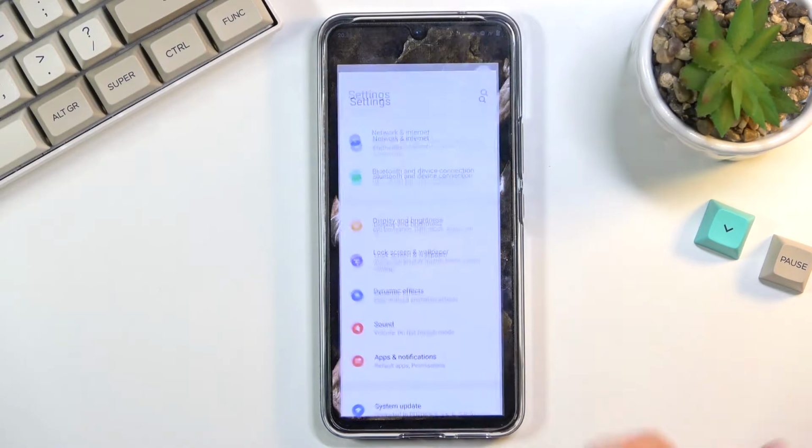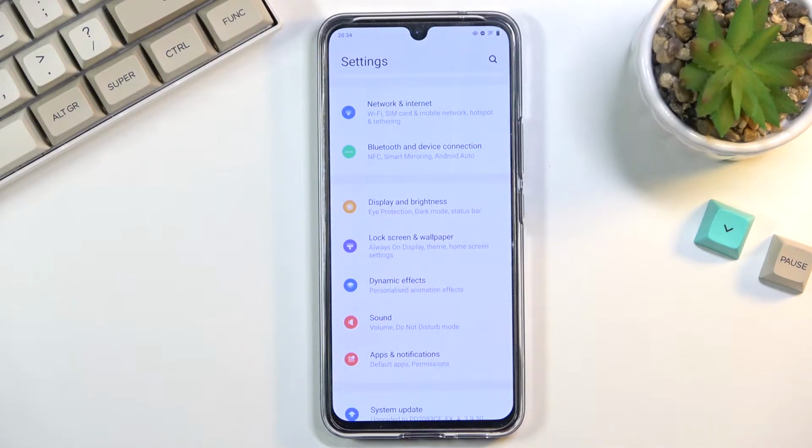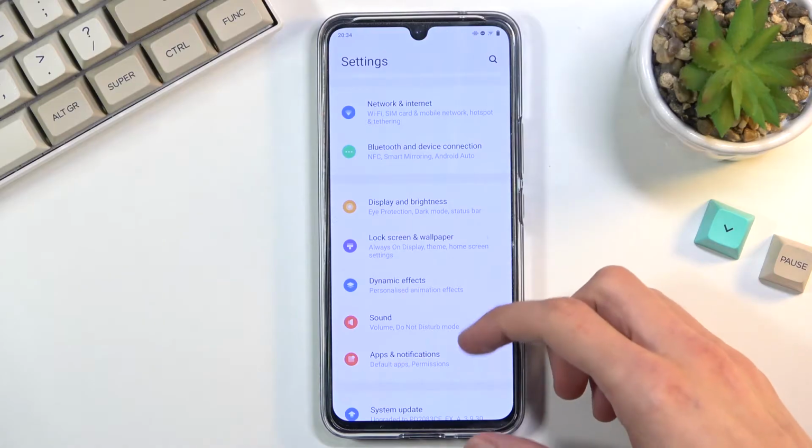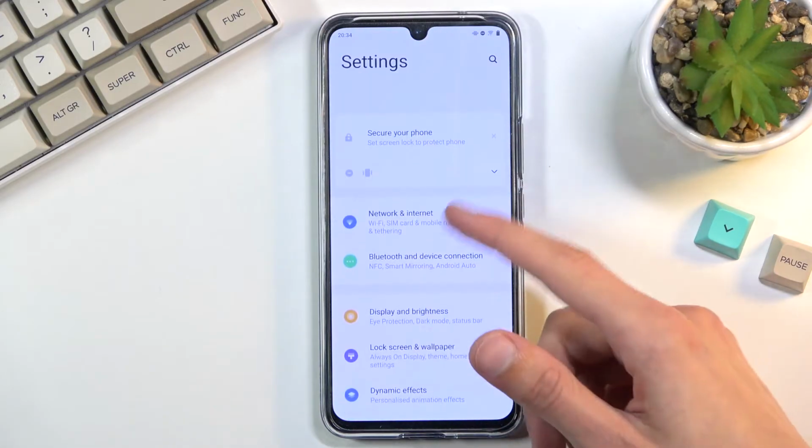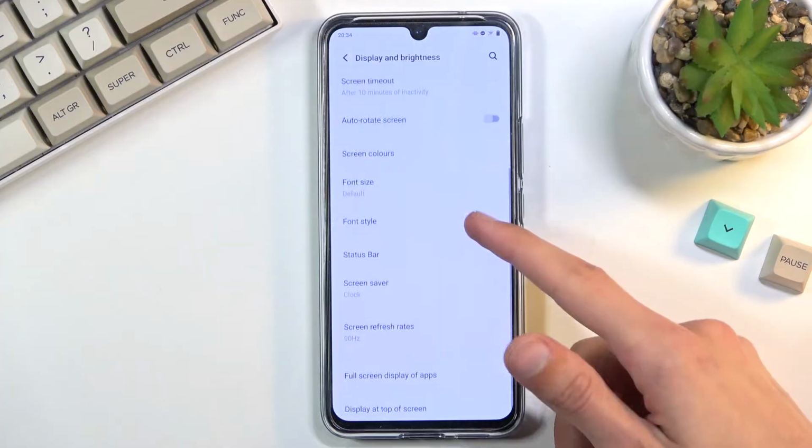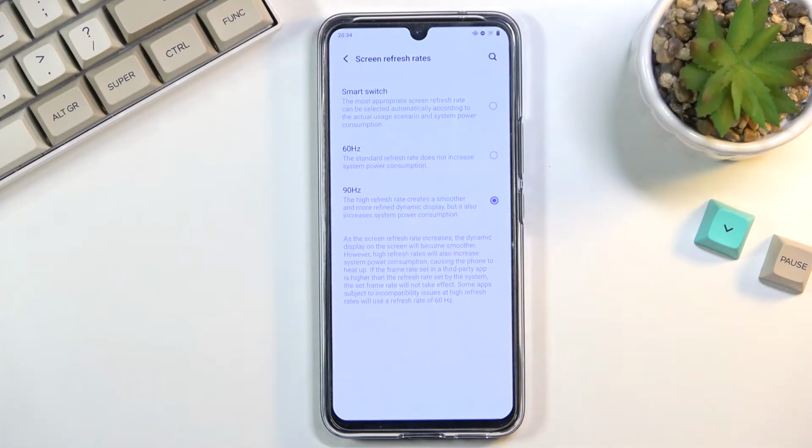Now for people that don't really see much of a difference between 90 and 60 or don't even know what the refresh rate is, I can go into the settings, display and brightness, and below you will find screen refresh rate. As you can see we have the smart switch, 60 and 90. Probably the smart switch will be the best option because I believe it changes the refresh rate based on what it's displaying. What is the most appropriate screen refresh rate can be selected automatically according to the